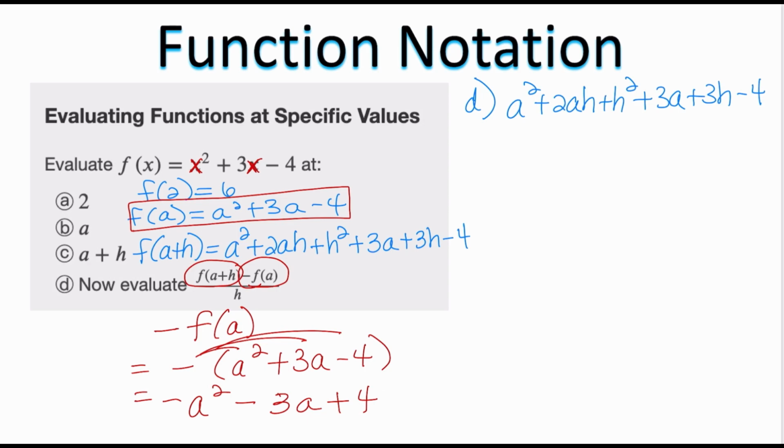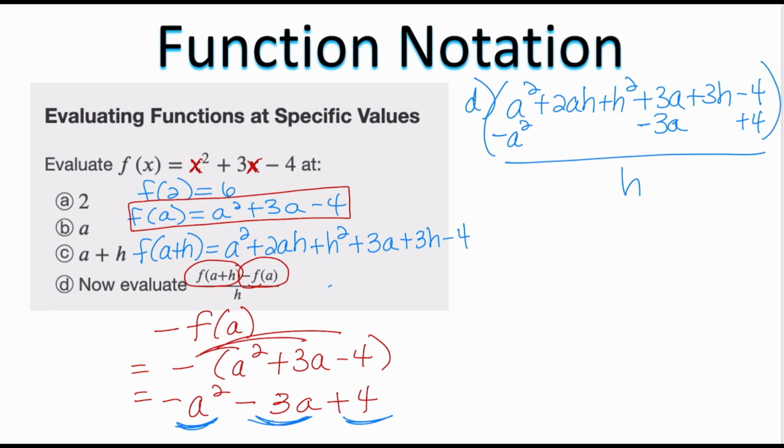And I'm going to see if I can match them up. So for example, I have minus a squared here. So I wrote it down below the a squared. Then I have negative 3a. I'm going to write it below the 3a. And then plus 4, I'm going to write it below the negative 4 just because I know that they're going to be like terms. Now, all of this is going to be